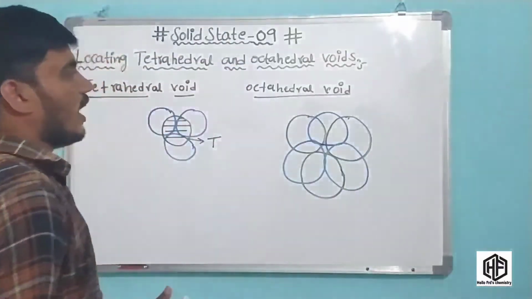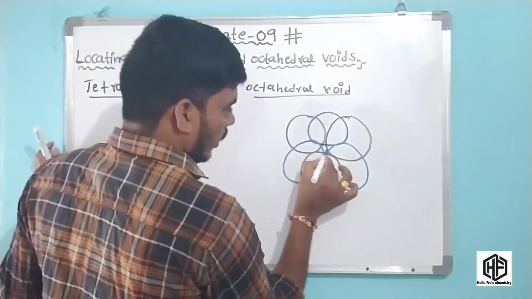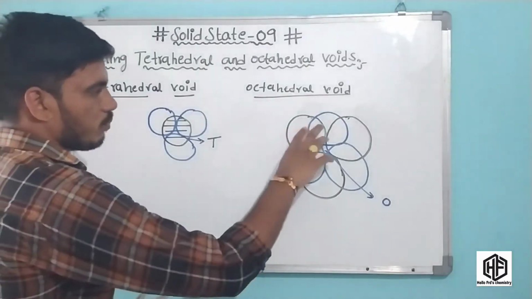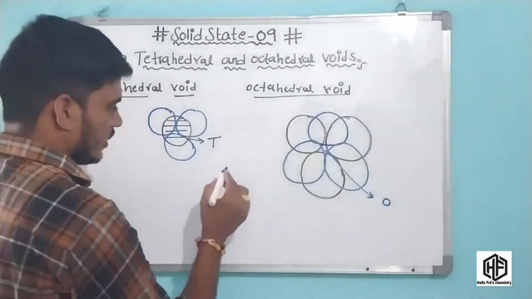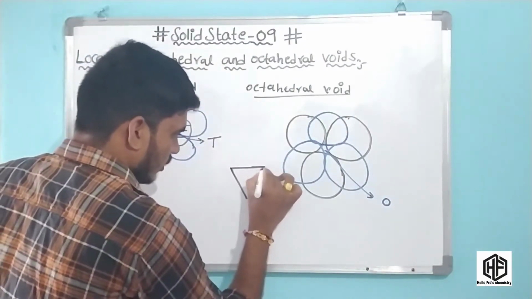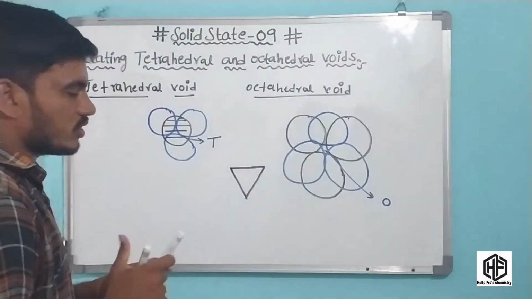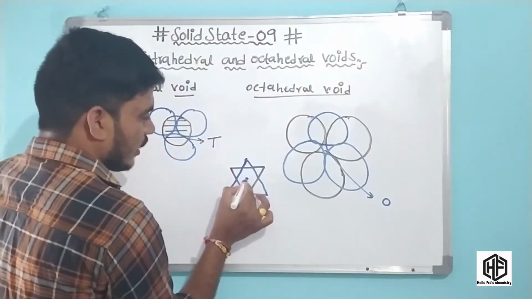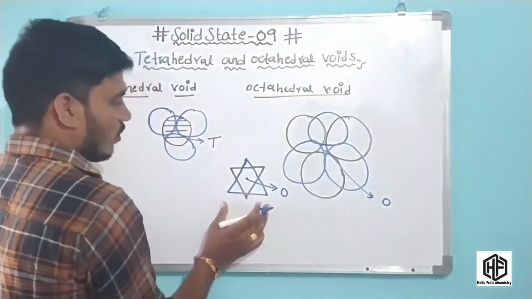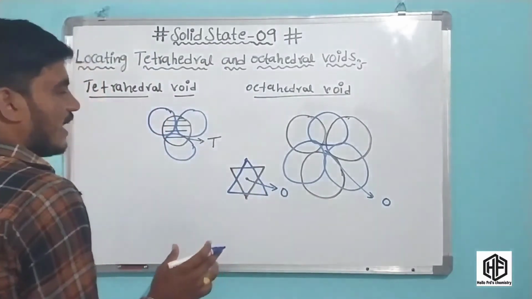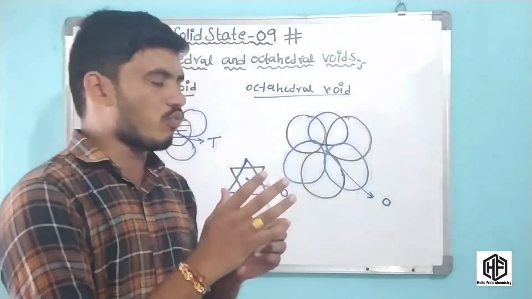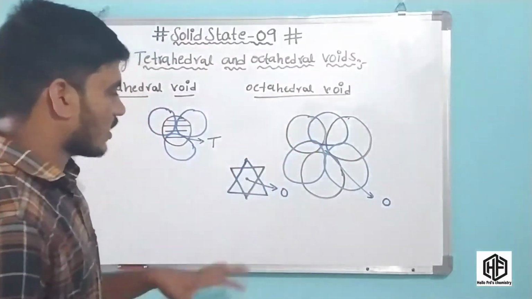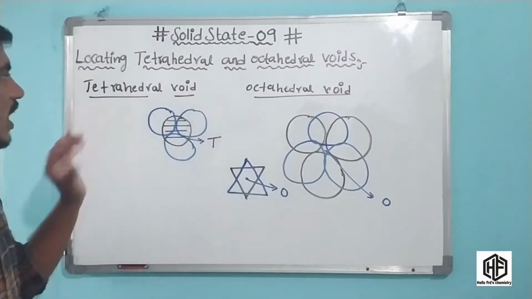This is called an octahedral void. The inside of this is the octahedral void, represented by O. These black atoms are arranged in one triangle, and these blue atoms are arranged in another triangle, to form a void inside. That void is also called an octahedral void. An octahedral void is where six atoms are closely packed to form some empty space. That empty space is called a void. This is the octahedral void and this is the tetrahedral void.